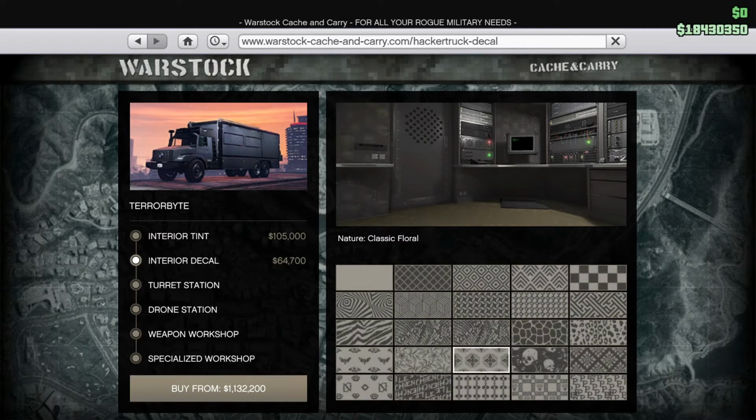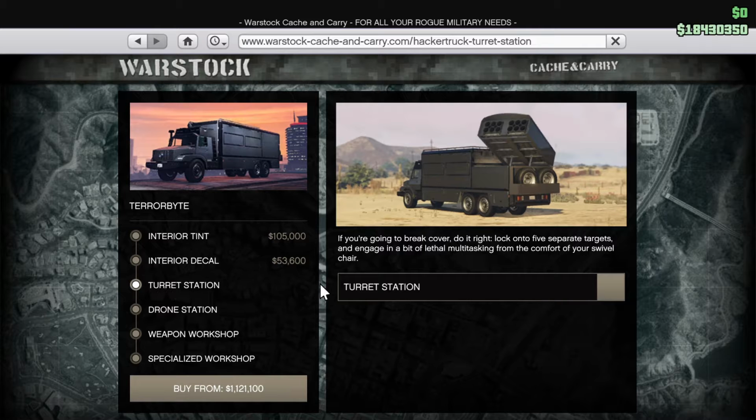Okie dokie, so we're just going to have a look through some of these different styles. Don't really see it making a hell of a lot of difference on that photograph there, really, does it? Seems like these are quite a waste of money. Well, I quite like that one. It's $53,000. So, okay, turret station, well, yes, I certainly think we'll have that, and that's coming in